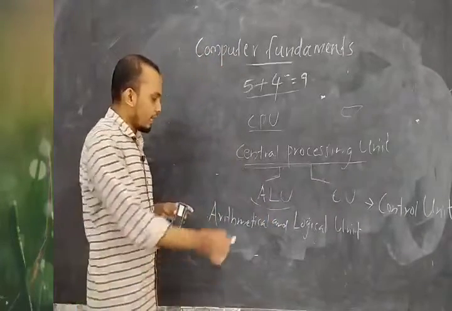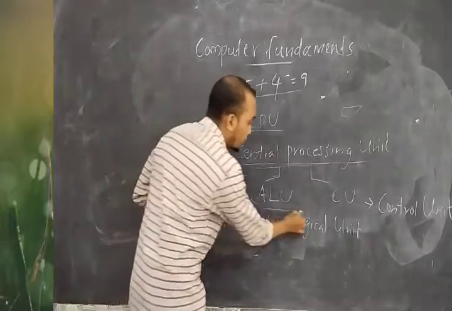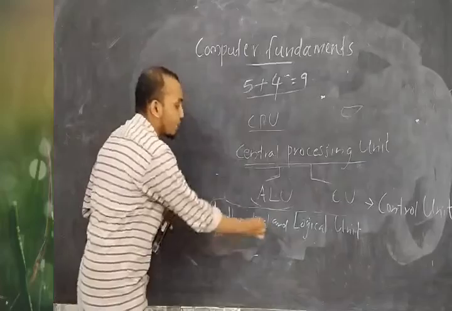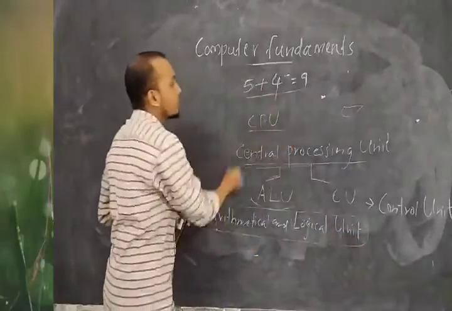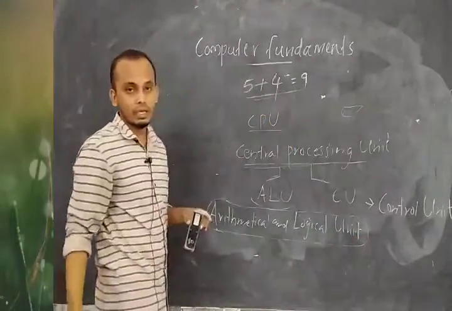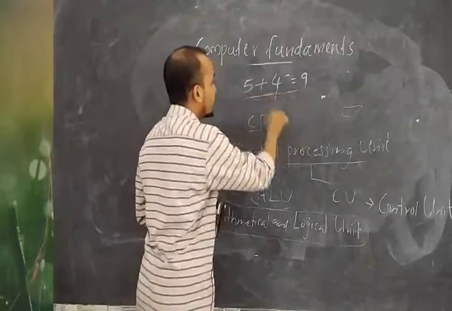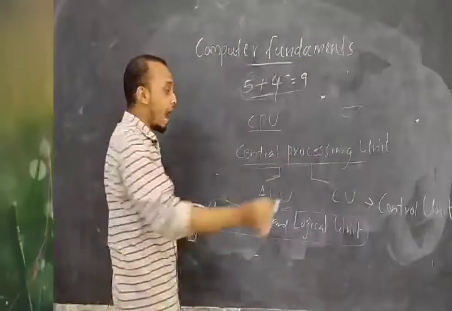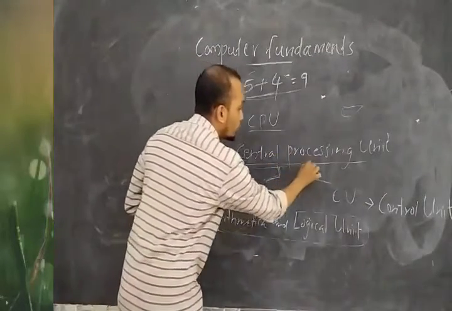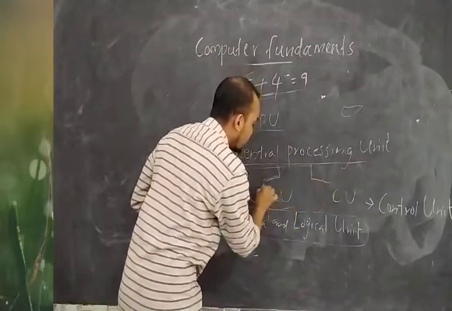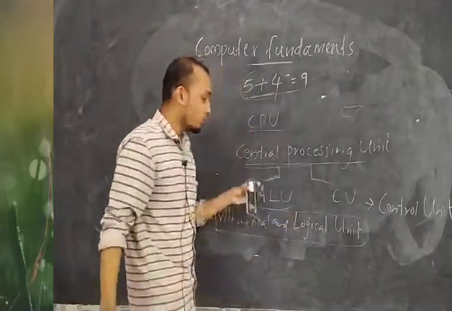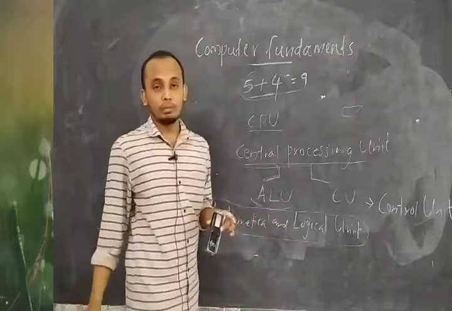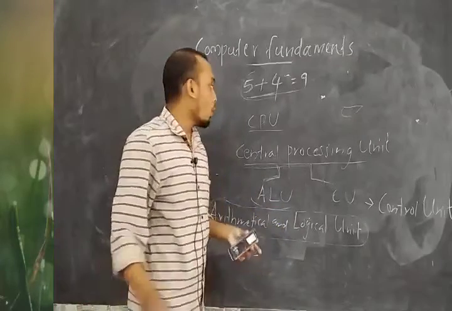Okay, then in that CPU, two parts are there, CU and ALU. ALU will help for this calculation. Generally we can say that this processing will happen with the help of the central processing unit. Under this central processing unit, two parts are there, ALU and CU. ALU, its full form is arithmetical and logical unit, and it is used for arithmetical and logical operations.